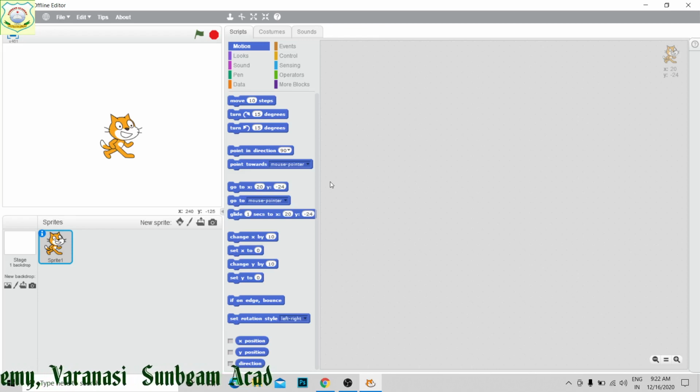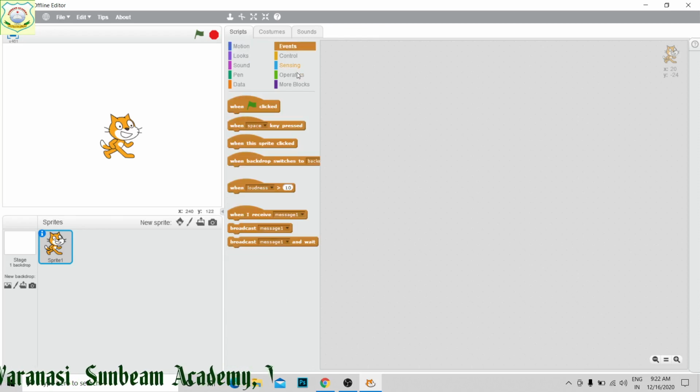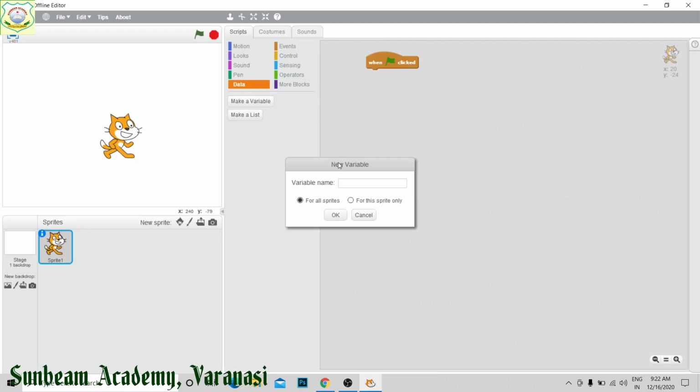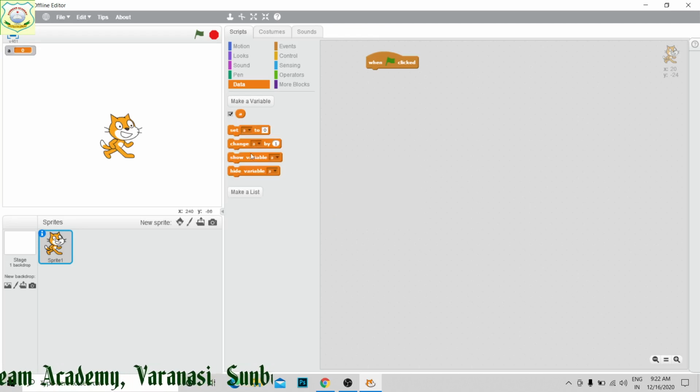So we will do a simple program, then we will use the loop. How? First I have taken the event "when flag clicked", and we have to create a variable. I have created a variable with the name A. Set A to 1. Now its value has to be increased.